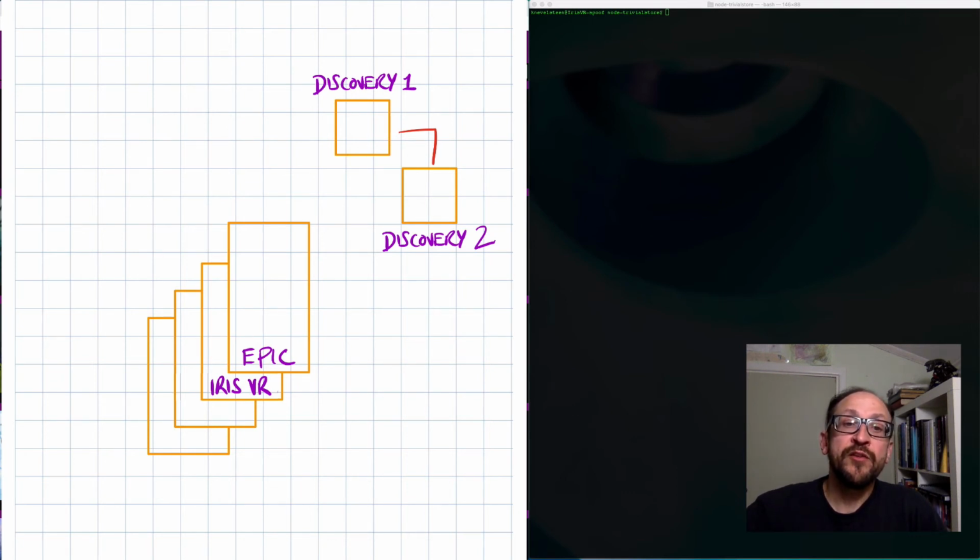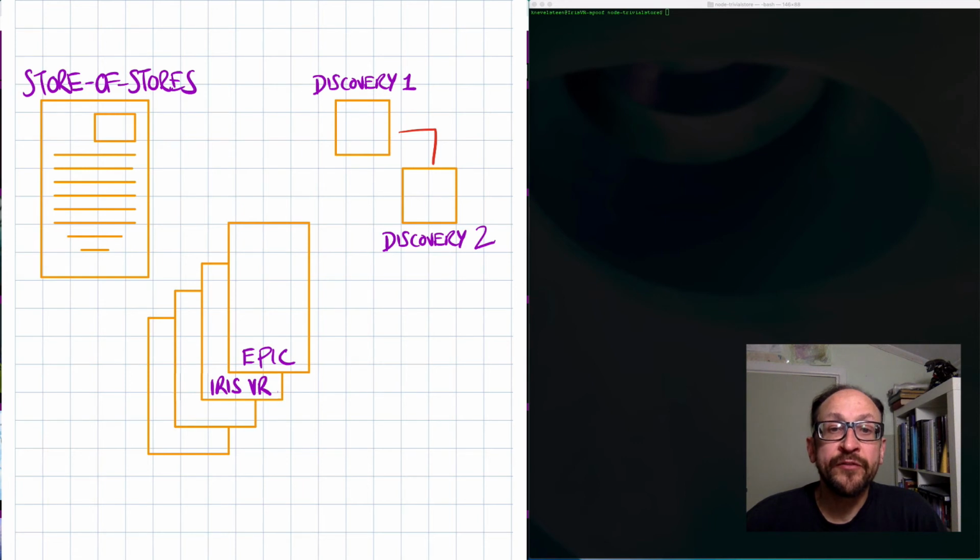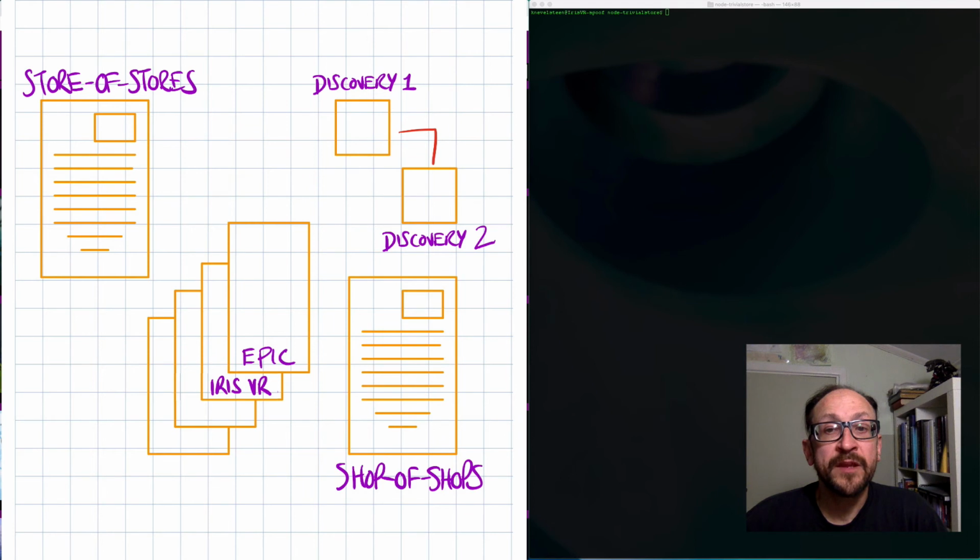The third component is the UI itself. Similar to the Metaverse, the Store of Stores needs a universal interface, an empty shell that accesses other virtual environments and that can be overlaid with users' own preferences, somewhat like what a browser is. It's possible to create different UIs for the Store of Stores. The UI would just have to talk to the discovery services, find the individual stores, and then query them for products. This means that if someone tries to exert proprietary control over the UI, different UIs can be created for different purposes. For example, one for a flat desktop and one, for example, like a VR shopping mall.